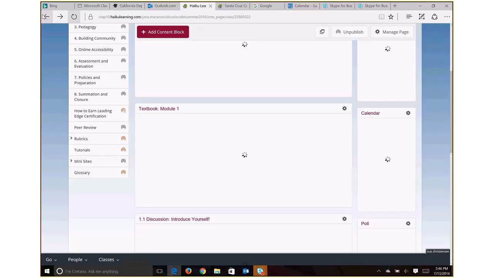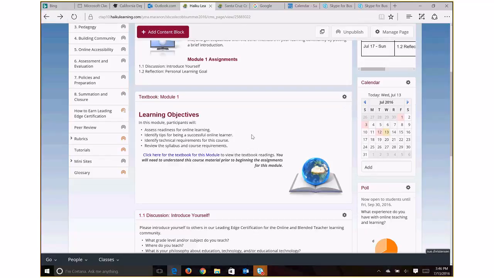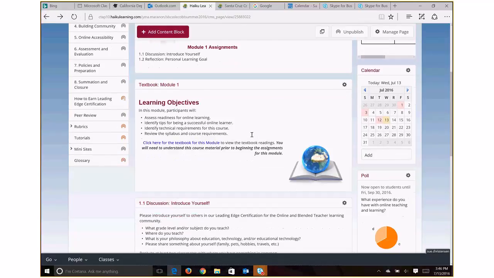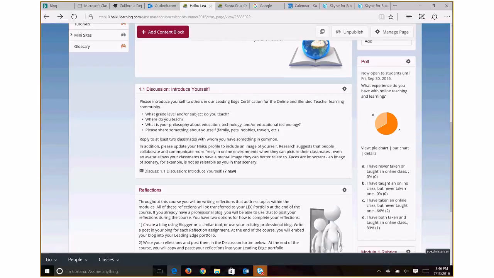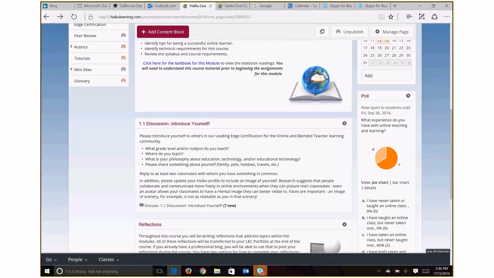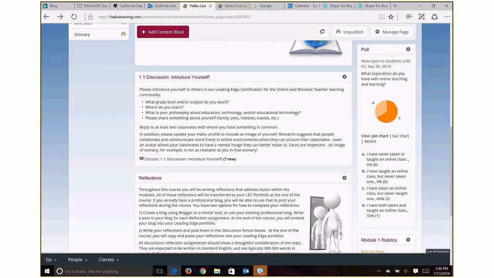There we go. Okay, so back on the Module 1 page, now you run down the screen below where the textbook linked box was, and you see the discussion box. All you have to do, here's the instructions again, and then down below you'll see it says discuss 1.1 discussion, introduce yourself. And so you just click the link and it takes you in, and it's pretty obvious what you have to do at that point. And because I could see 7 posts are there, I'm thinking most of you have done some posting already.